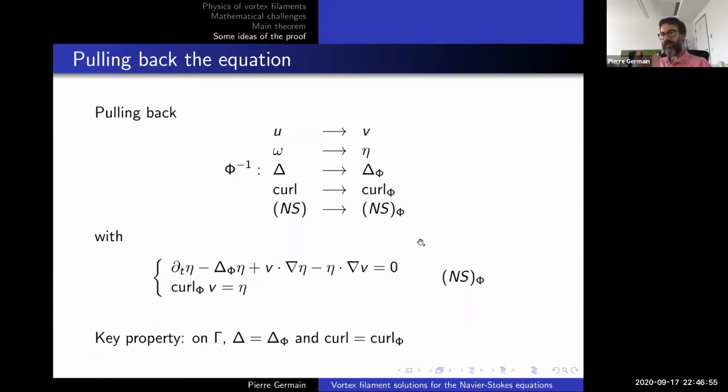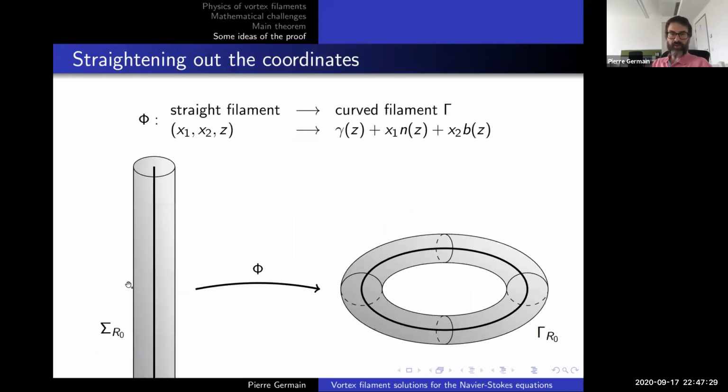So there are a couple of miracles along the way, in that the convection and vortex stretching terms don't see this change of coordinates, but the viscous term does see it. So of course, this is potentially very dangerous because the corrections are at top order in terms of derivative. And so one has to look very precisely at the structure of Laplacian phi and curl phi and check that close to the core of the filament,